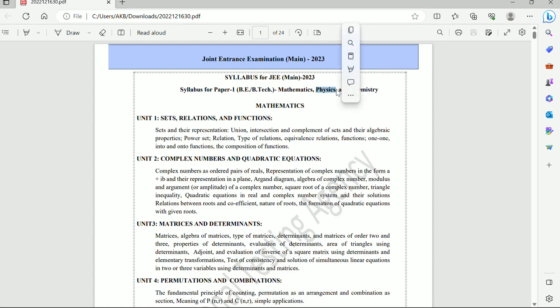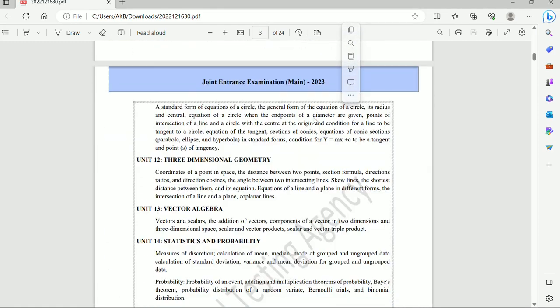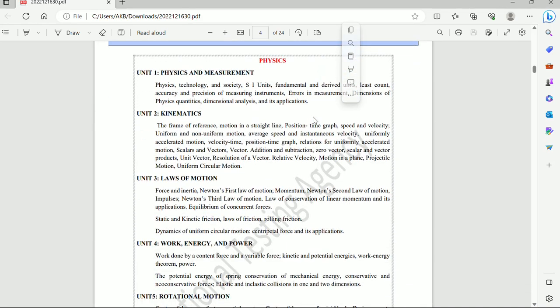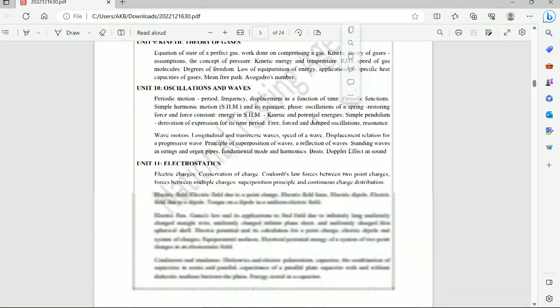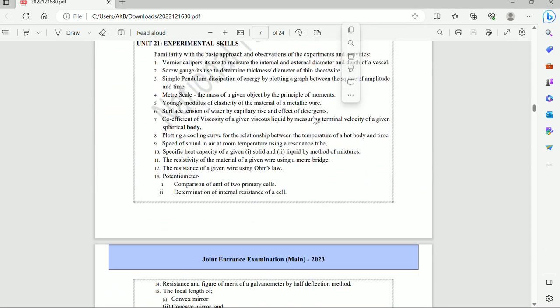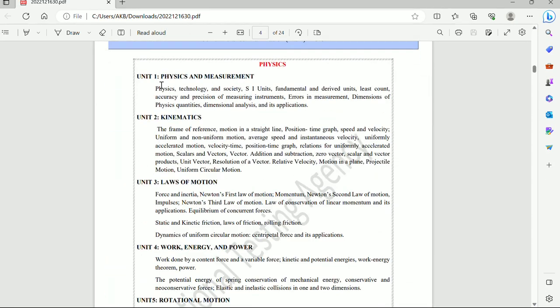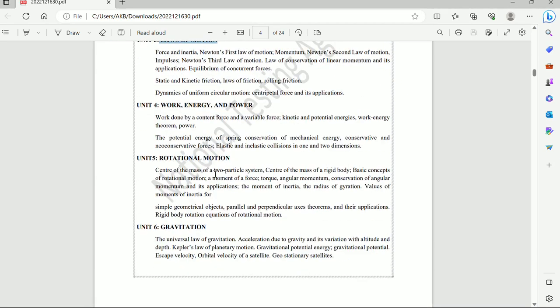Let us go to where the physics section starts. Here the first chapter is physics and measurement, and there are approximately 21 units, and the last unit is experimental skills. We can see that physics and measurement is the first unit, second is kinematics, third is laws of motion, fourth is work, energy, and power,